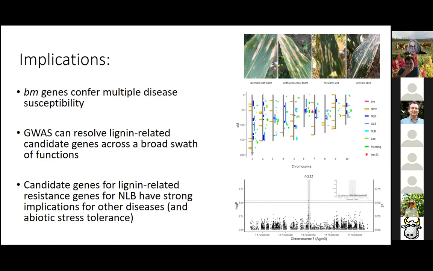Talking first about the brown midrib mutants, they're a hot mess, and I don't know how anybody would grow them without spraying them with foliar fungicide. Germination rates: we don't actually seed coat our seed when we put it in the field, and if you look at the germination rates on the brown midrib mutants, it's significantly decreased compared to wild type. So even in the field, even a germinating seedling has a harder chance. So I imagine that it does something to the roots as well.